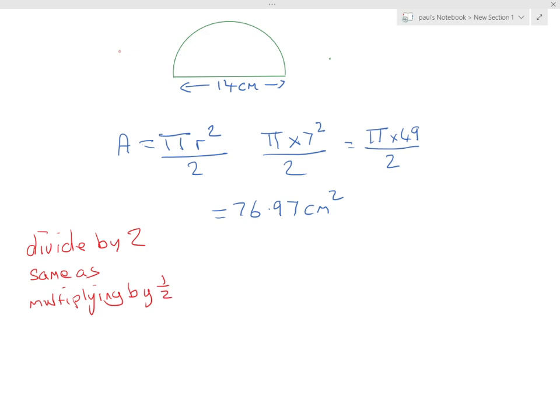So we could have done this, the area equals pi r squared times a half. It would have been exactly the same, because when you times by a half, you're timesing by 0.5, which is the same as dividing by 2. Now, this is brilliant for